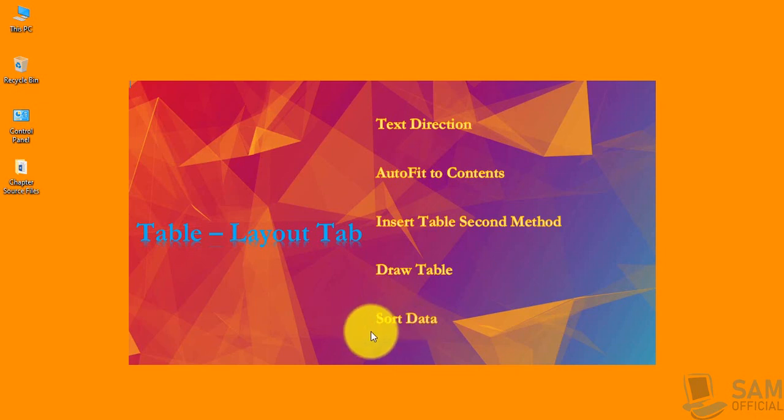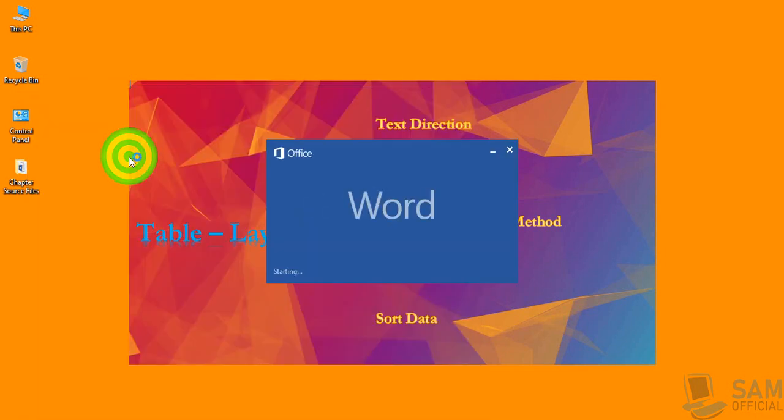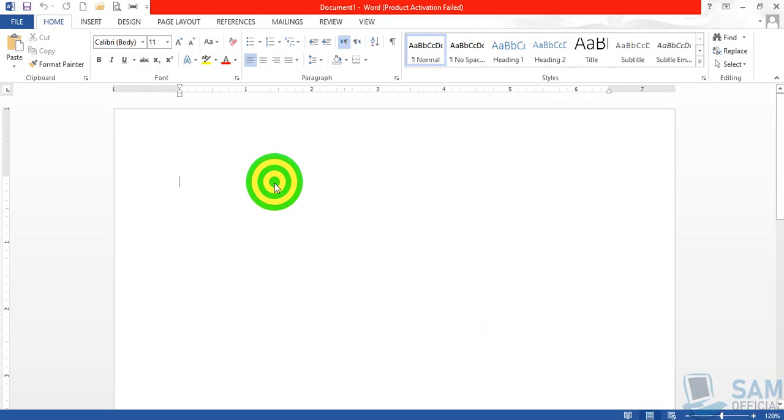So in order to start, during the first half of this video, we need a blank document in Microsoft Word. So let's start MS Word and let's open a blank document in Microsoft Word. Once the blank document is opened,